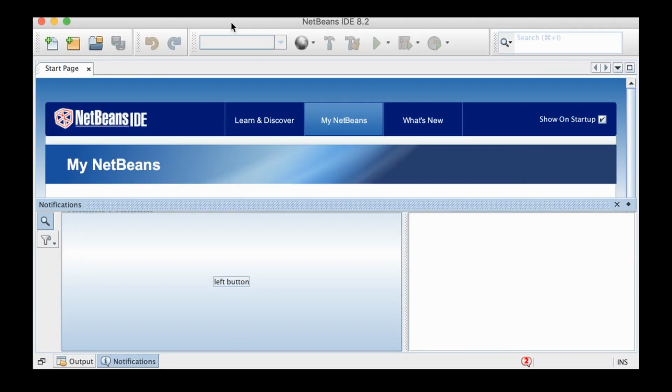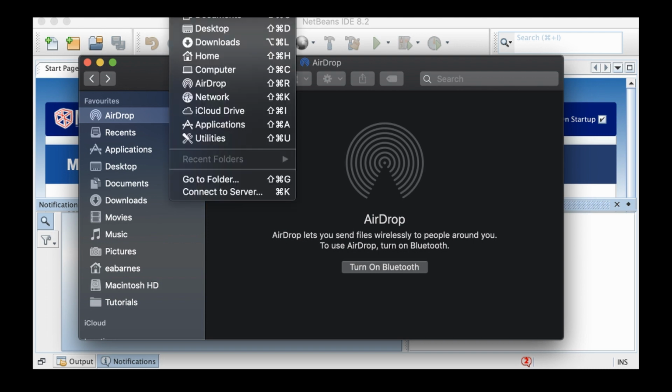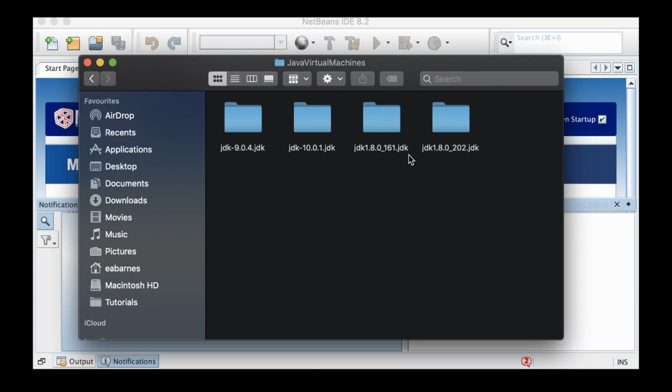Now in this case, what you need to do is to try and change the current version to the one that you just installed. So what we do here is to open the Finder. There's the Finder I just opened, and from the menu bar, click on Go, and then select Go to Folder. Paste this path to this directory where you have your Java virtual machines. Click on Go, and then